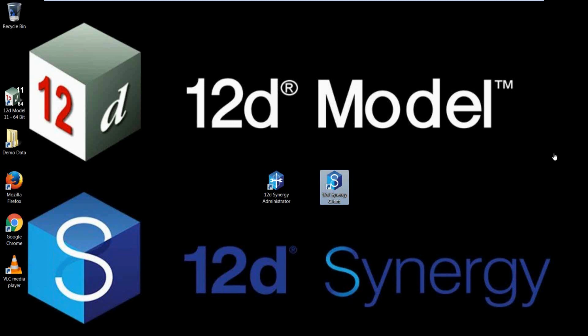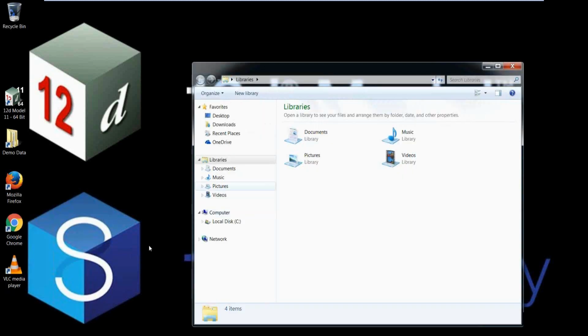Your local database file, which is the 12dsynergy.db, keeps track of all changes, and it is imperative to the smooth running of your 12D Synergy. To find this, simply go to a Windows Explorer,